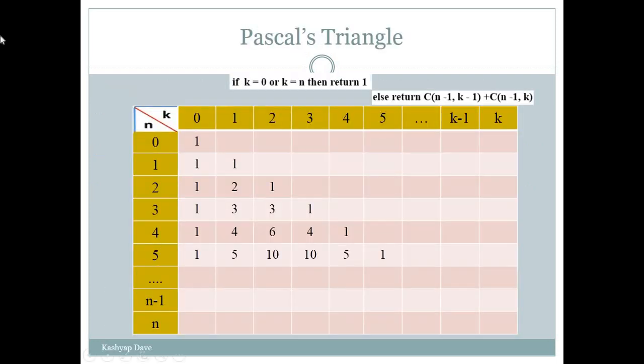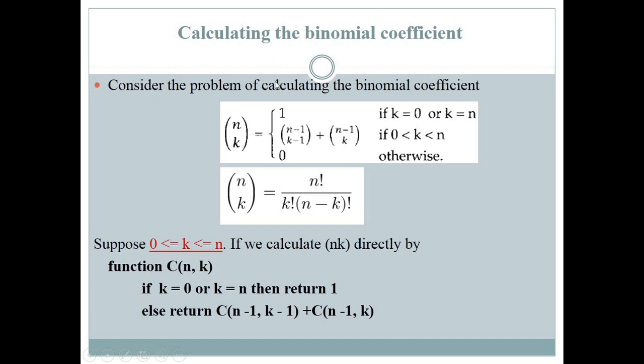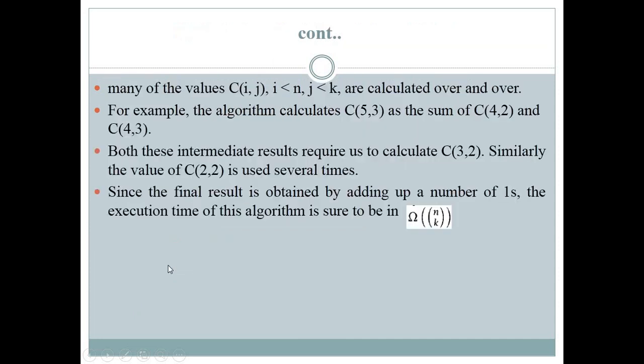Okay, let's understand it with an example so you can get a clear idea about it. Here we have a Pascal's triangle. In Pascal's triangle we will find the calculation of n and k, which we have seen here. This formula is for solving our binomial coefficient. We will keep these two things in mind and proceed further.